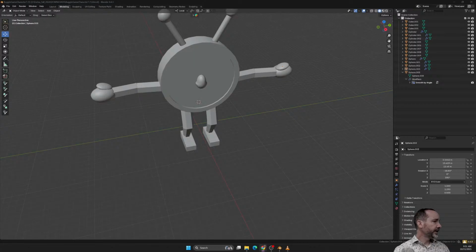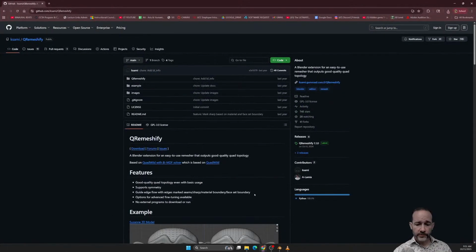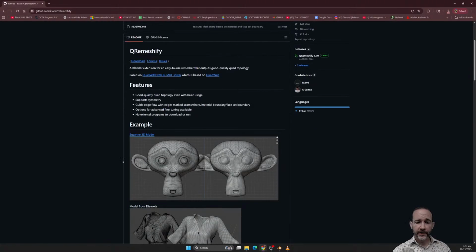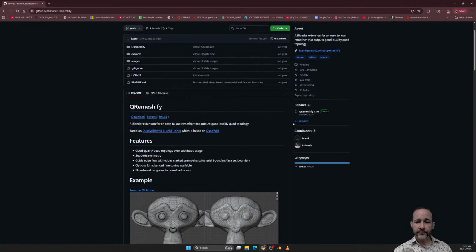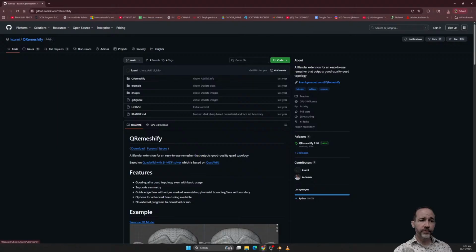Okay, this tool I'll add right now, another Blender add-on for quad remeshing called QRemeshify. And this is freely available. This is a little bit different. I'll link directly to the zip that you want, but another GitHub nugget to be aware of here is that